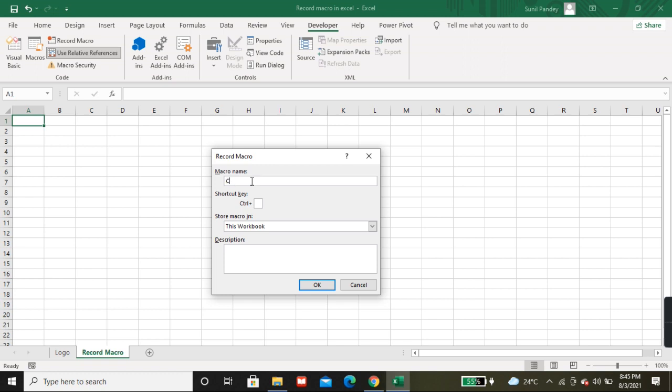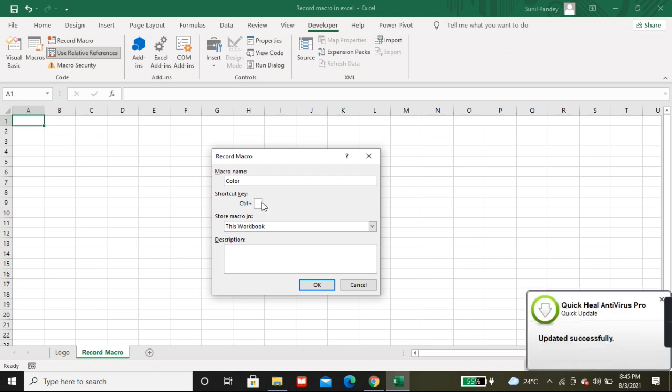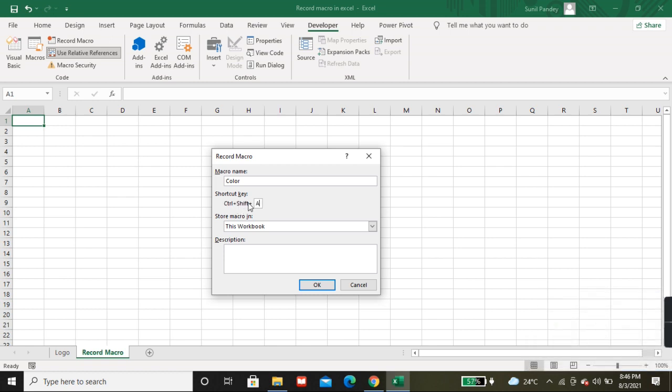I'm going to give it the name Color. For the shortcut key, from A to Z everything is occupied, so let's give another one, Control Shift A. And let's give a description: this macro will change the cell color.